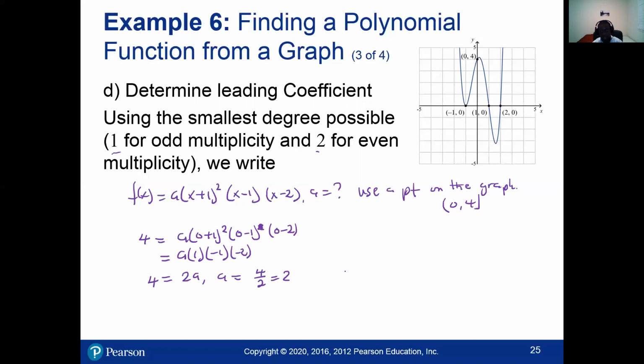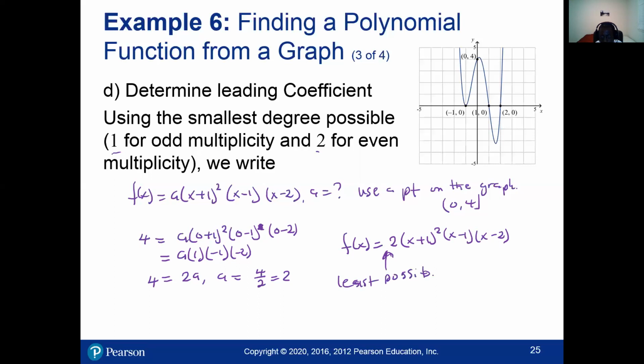So our polynomial function f of x will be 2 times (x plus 1) squared, times (x minus 1), times (x minus 2). Please, I want you to know that this is the least possible